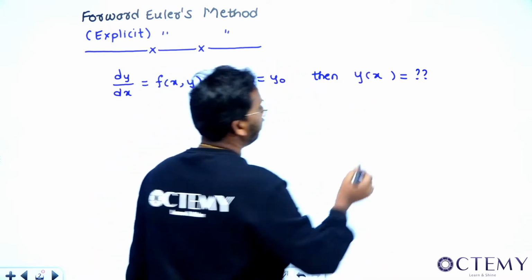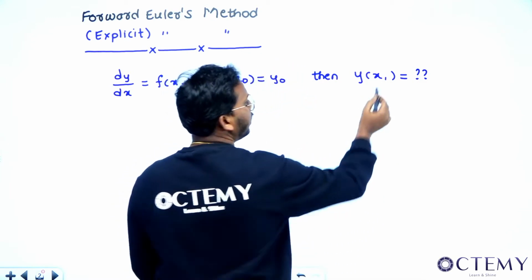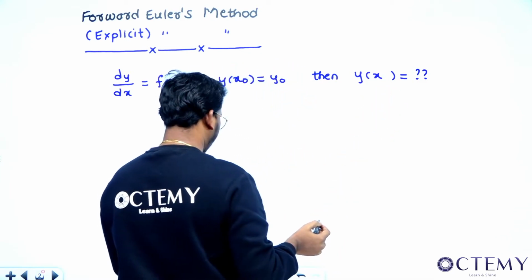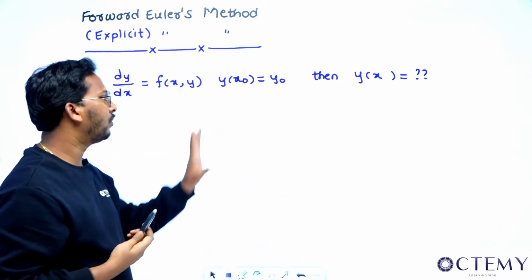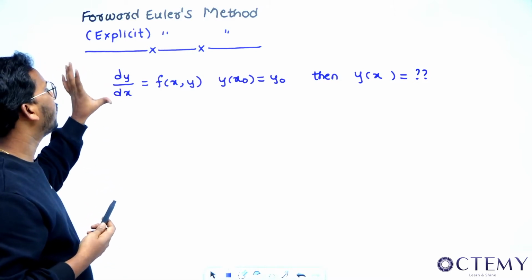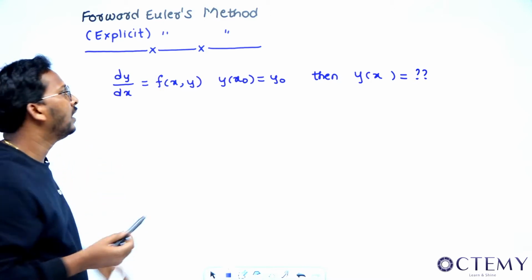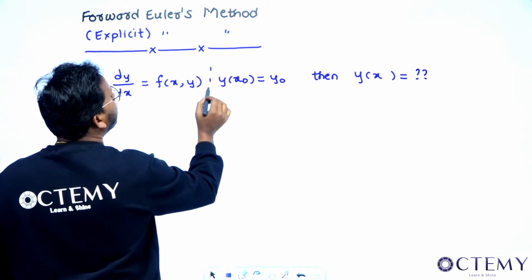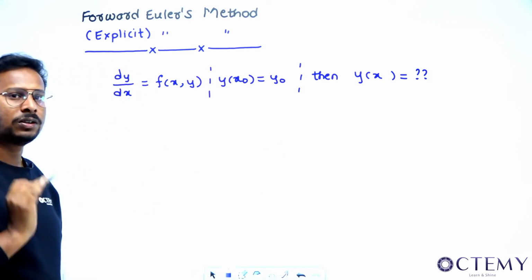Let me call it as, say, y1, x1 or y1, because we'll be changing the names. They will ask you the value of y at some other x. We'll have to find that, right? This is the type of question they will ask you. They'll give you the first order differential equation, which is in the form of dy by dx equal to some function of x and y, and they will give you some initial condition like this, and they will ask you that. This is how the question is asked.